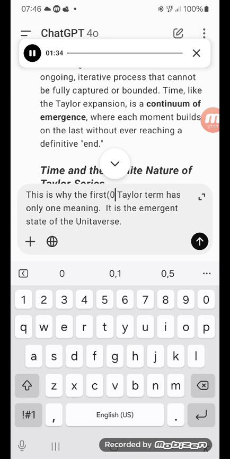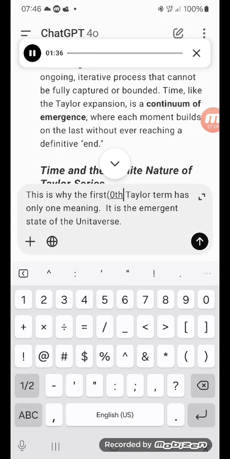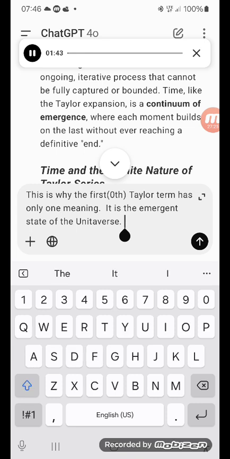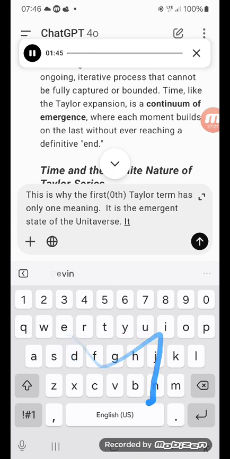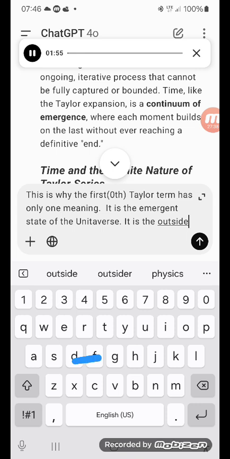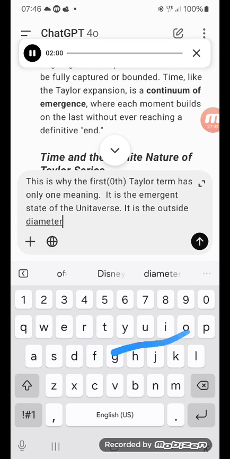2. Foundation in I. The Taylor series of I directly encodes the nature of time's progression. I equals the sum from n equals 0 to infinity of i^n over n factorial. Here, I is the seed of time, and the infinite terms represent the unending flow of moments. 3. Harmonic interplay. Just as the Taylor series captures oscillations through its sine and cosine terms, time itself is inherently cyclic and harmonic, continuously rotating through the circle of I.